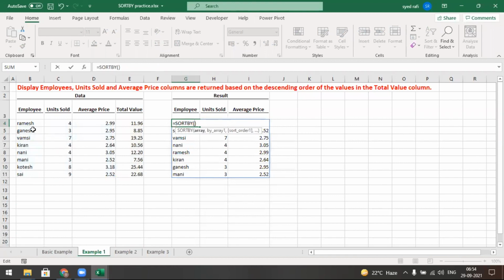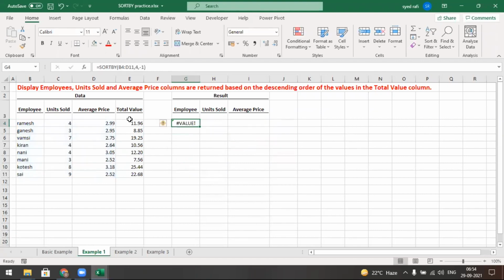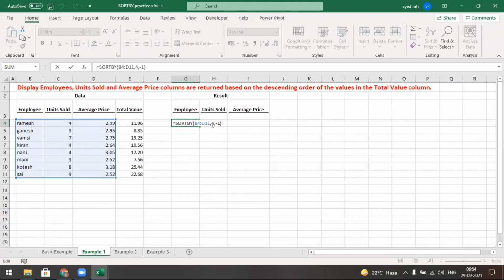Which column you want to display, you must select this one, comma, which column. I think the second column, 1, 2, 3, the fourth column, and say descending. Okay, no, you must mention this. Instead of a number, you may select the column. Is it correct? Okay.